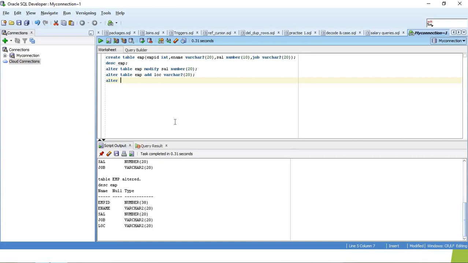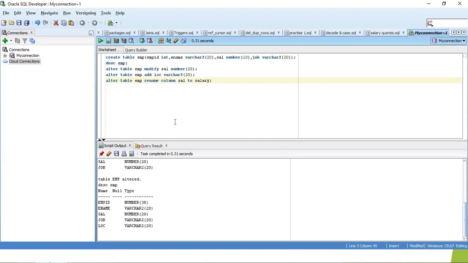Alter table employee, next rename column. What is that old name? Sal, to new name salary. I want to change the name to salary. Let's see. Alter table employee rename column sal to salary.